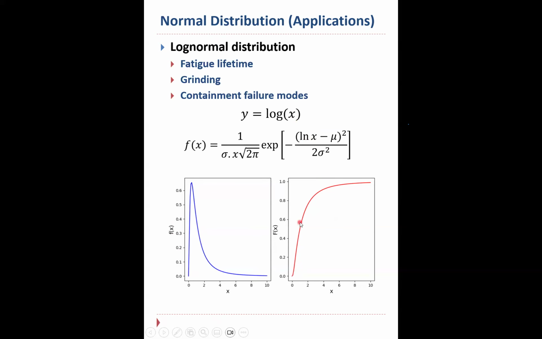The cumulative distribution function is a monotonically increasing function which saturates at 1. The log normal distribution is applicable to processes where x is only going to have positive values. This is, of course, due to the mathematical limitation